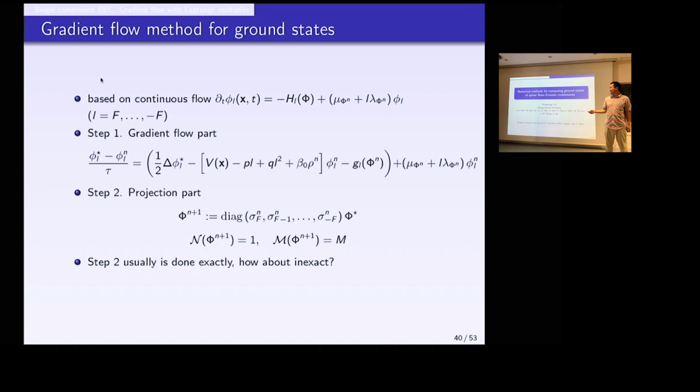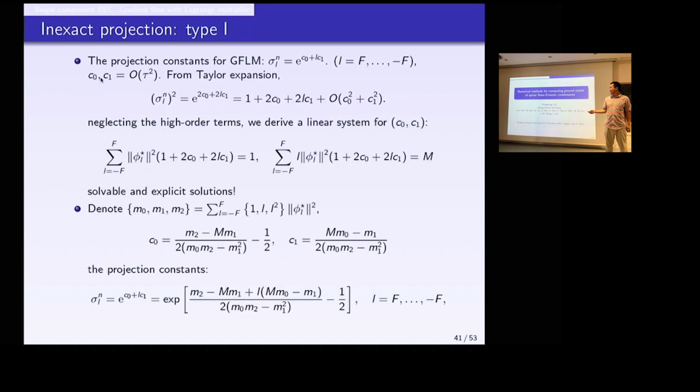So that's our idea to improve the projection parts. In this case, the projection constant from the Lagrange multiplier can also be solved by solving this ODE. But because we put the majority part of the Lagrange multiplier in the gradient flow,